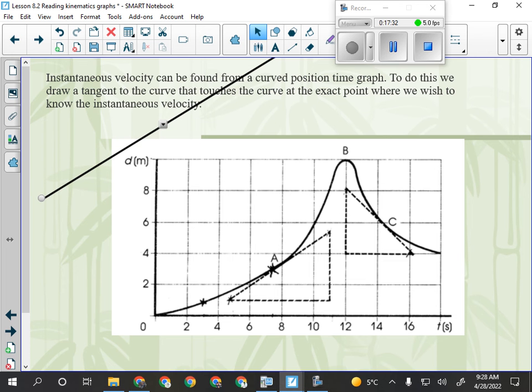Here we have something's position is increasing, but it's increasing at an exponential rate. Every second it goes further than it went the second before. Up to this point here, at least for part A. Everyone all right with that idea? And then once we get to here, we see that that line is no longer going up. It's no longer getting steeper. It's actually getting